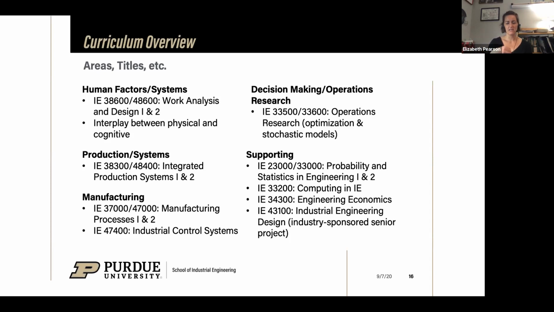IEs from Purdue, we teach you a little bit of everything so that when you go out into the workplace, you are this really versatile engineer that can go into any environment and be able to pick it up and immediately make an impact. But within IE, we have human factors and systems, decision making, operations research, which is basically using math to make business decisions, broadly speaking. You have some of the supporting things such as our probability and statistics. There's a lot of probability and statistics involved within IE. Production systems and manufacturing, other areas, those are the main areas that IEs really touch on.